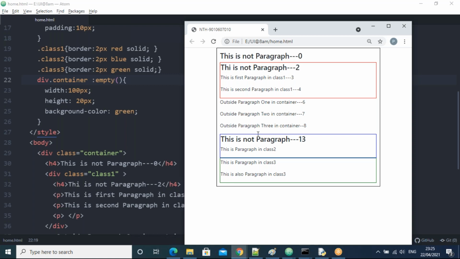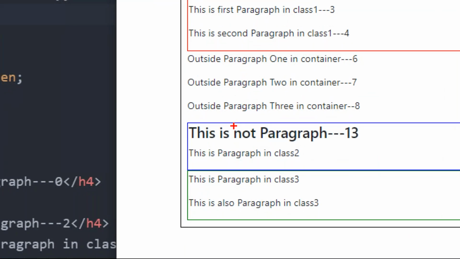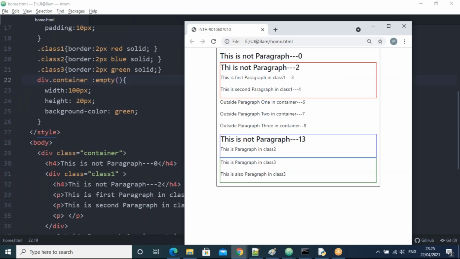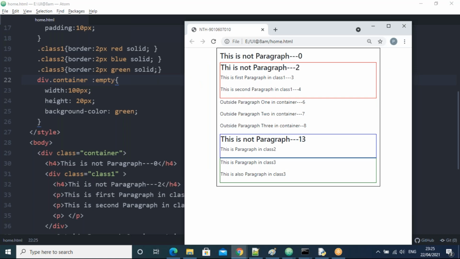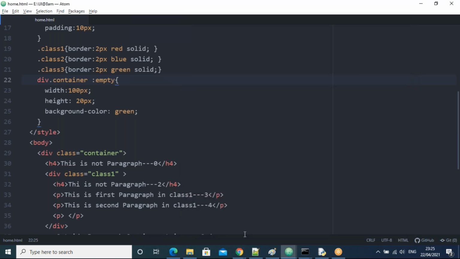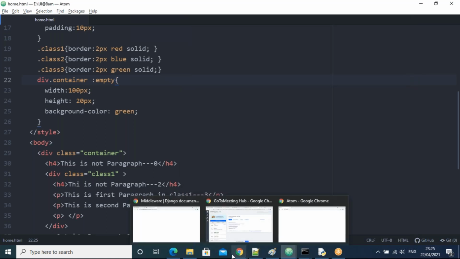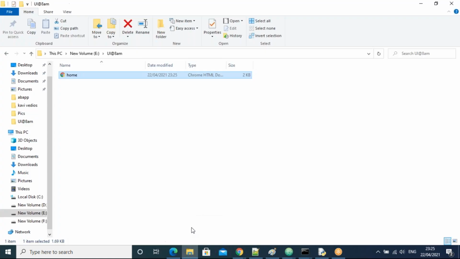So actually, that comes in the class, it should come here. We are taking the div container, let me remove the brackets here. The container, whatever empty elements are there, that will take. So let me restart this one, guys, okay? Yes, I open this one.